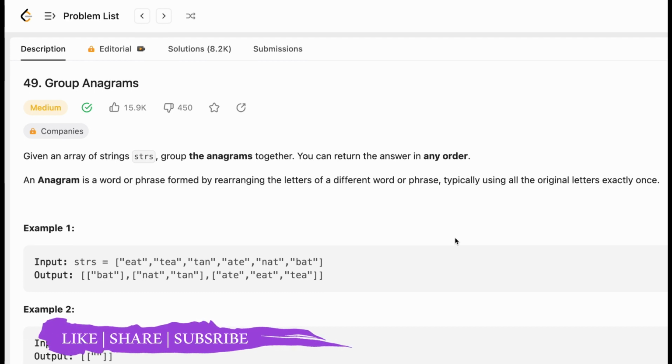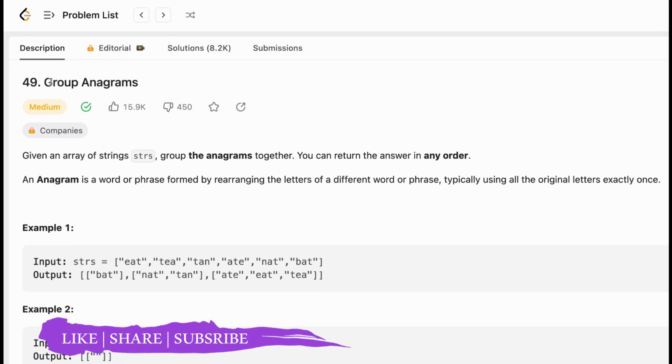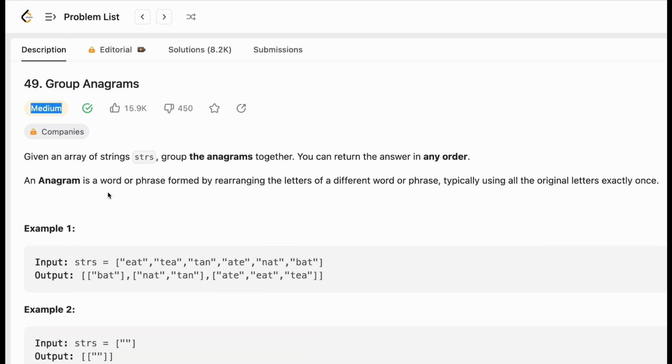आज इस वीडियो में हम एक और हेलो डीसी सीरीज का नेक्स्ट प्रॉब्लम सॉल्व करने जा रहे हैं। प्रॉब्लम का नाम है ग्रुप एनाग्राम्स और इसका जो डिफिकल्टी लेवल है वो है मीडियम। ये वन ऑफ द पॉपुलर क्वेश्चन है जो अक्सर इंटरव्यूज में पूछे जाते हैं इन अ गुड प्रोडक्ट बेस्ड कंपनीज। सो एंड तक देखना, आई होप यू विल लर्न समथिंग न्यू टुडे।